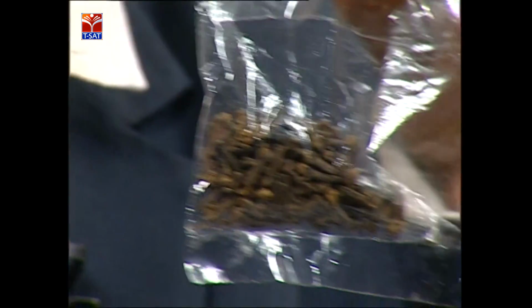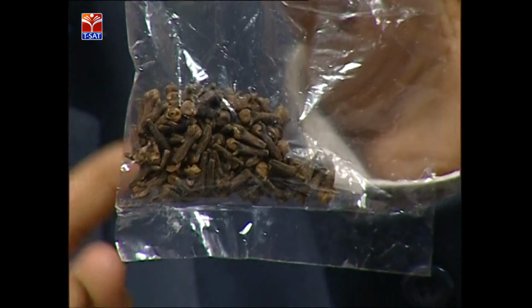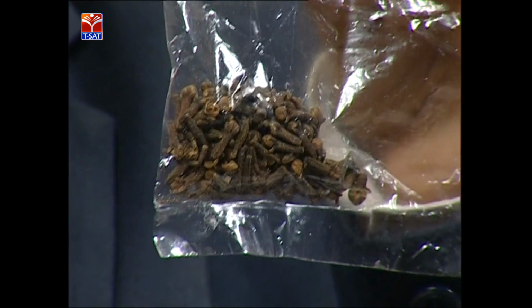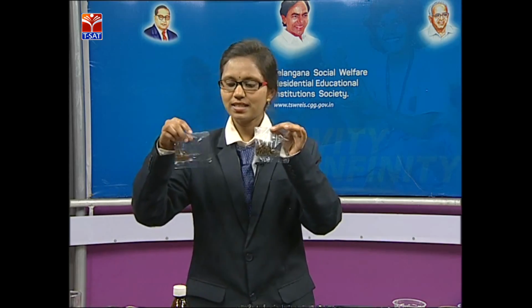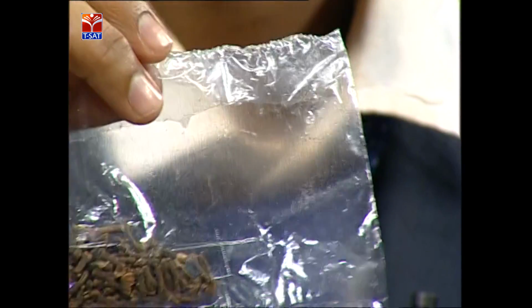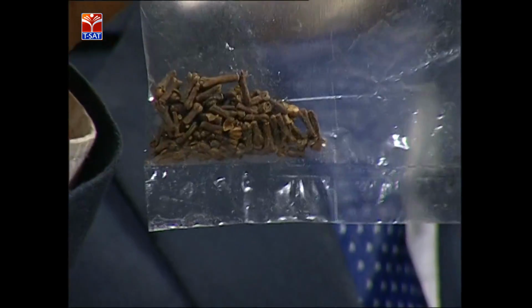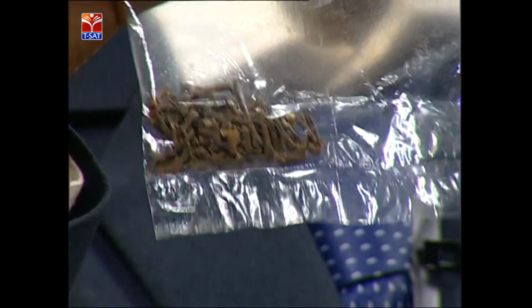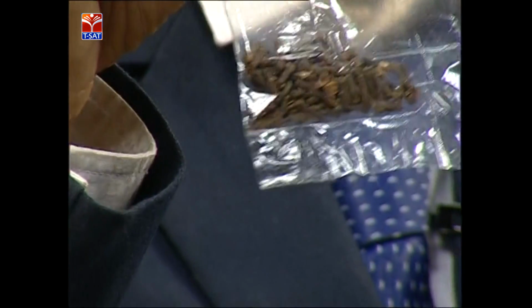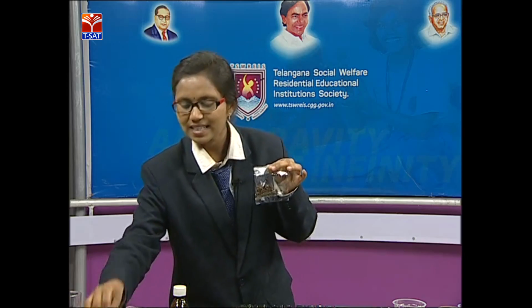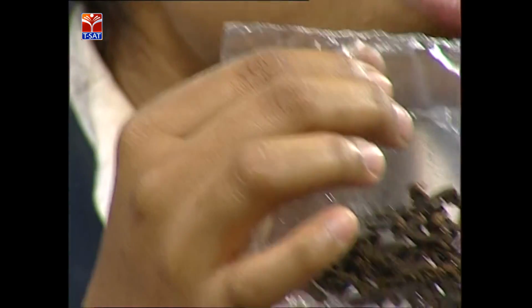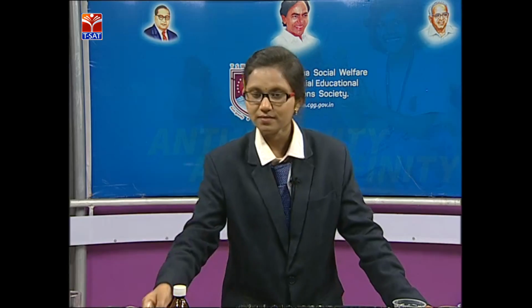What are these? These are normal cloves we are using in our foodstuffs for a good aroma and good spiciness. Now look here. See here, friends, these are exhausted cloves. Do you like to buy these exhausted cloves in the market? No. So these exhausted cloves are mixed with the normal cloves, practicing adulteration like this. Here you can't identify them and you will buy like this only.